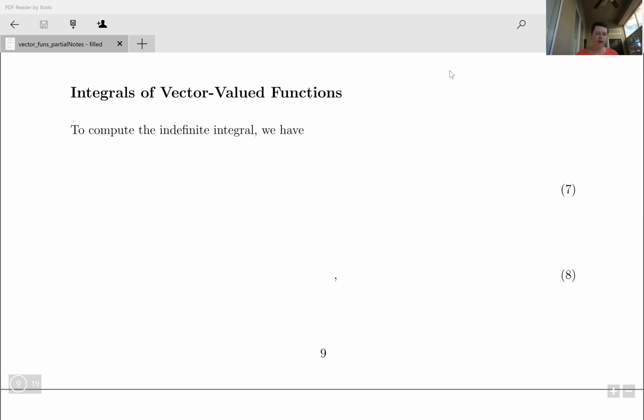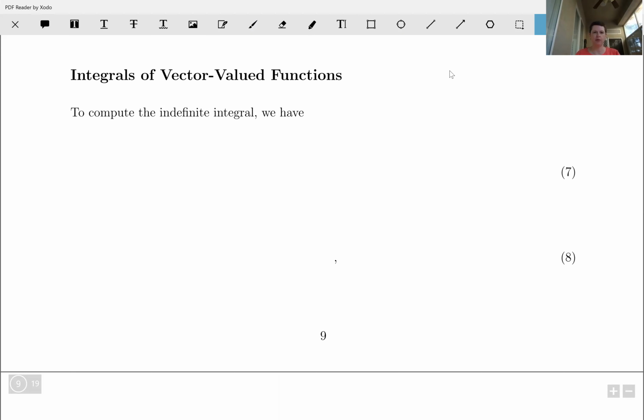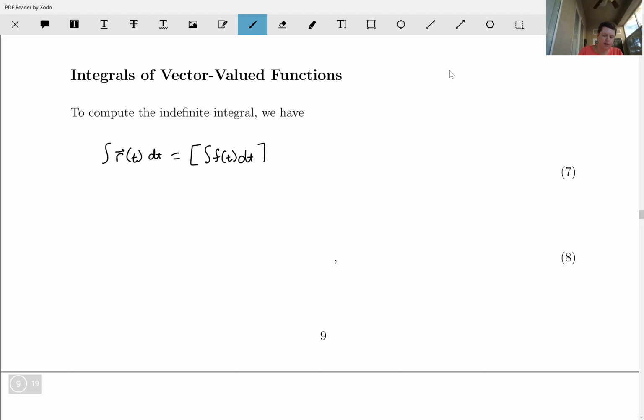Okay, well now we will discuss integrals of vector valued functions. And here we go. So to compute the indefinite integral, remember the indefinite integral means we do not have limits. So we have the integral of r of t dt is equal to, you probably expect that we integrate each